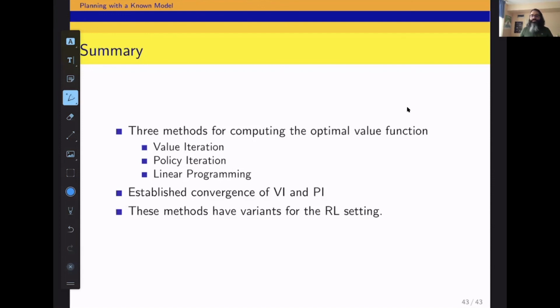Also, the last comment is that all these methods have variants for reinforcement learning, for value iteration, policy iteration, and linear programming. We are going to see at least some of those variants in the next lecture or the next few lectures. I think that's all. It was a bit over time, 20 minutes. If you have any question,